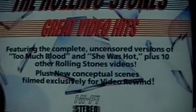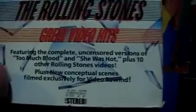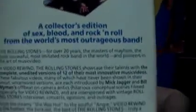You could get a bootleg VHS of the Stones, but this was the Rolling Stones' first officially released commercial video, and it was called Video Rewind, like the album of the same year, Rewind. This was Video Rewind, and you could not only rent it in the stores, but you could purchase it for home use. So this is the first Rolling Stones video, and I don't believe it's been officially released to this